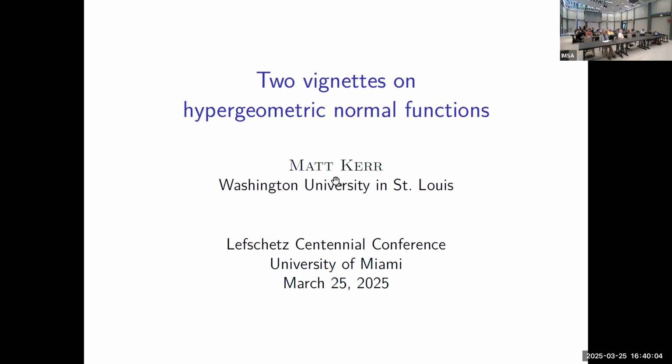Here, when I say Lefschetz, I just want to clarify what I mean, maybe for the students in the audience. It's the connection between normal functions in a family and Hodge classes on the total space. This story begins with Poincare, of course, who was trying to prove what became known as the Lefschetz 1-1 theorem. If you have a divisor on a curve, that gives rise to a point on the Jacobian torus. And conversely, you can go back using Jacobi inversion from a point on the Jacobian to a divisor of